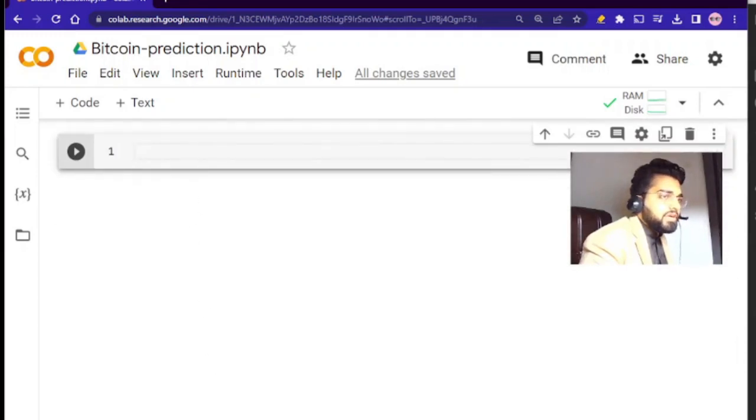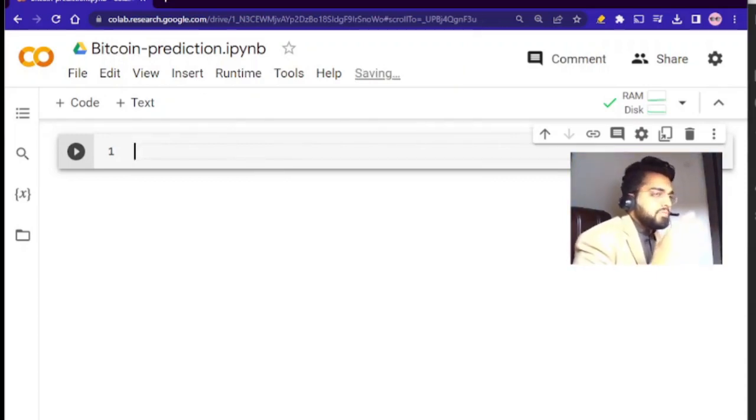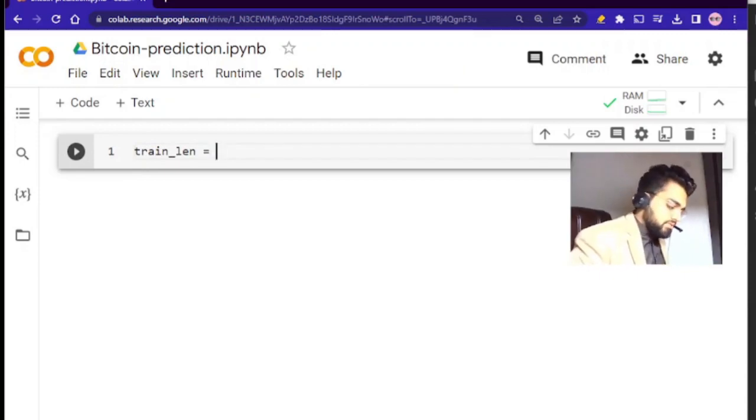Now we are going to split our dataset into training and testing, and then we will apply all the methods that we have discussed. We will take 29 rows as training and the rest as testing. Then you ask the question, Mr. Naveed, why 29? This is a random value that we are going to take; you can split into 80-20, 70-30, no problem. Training dataset length is equal to 29,